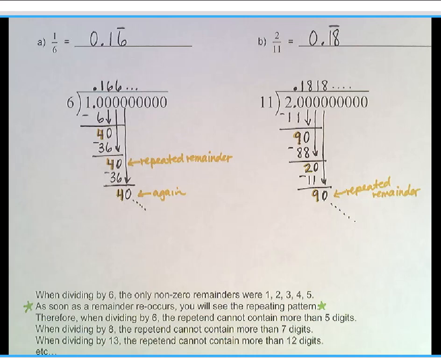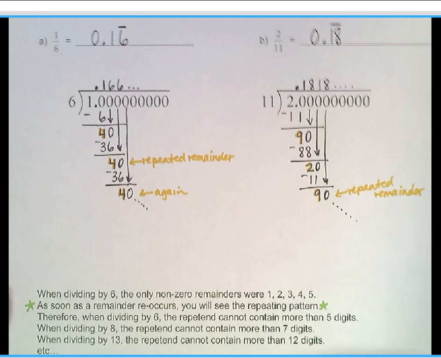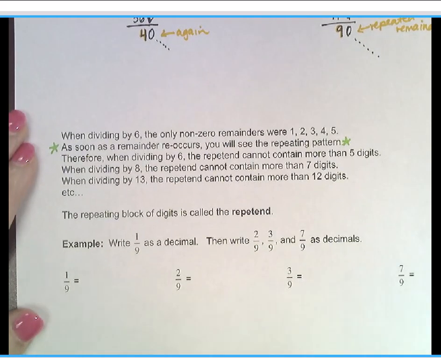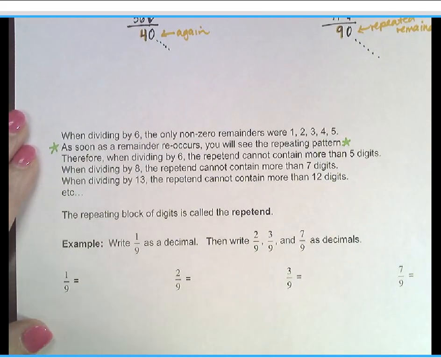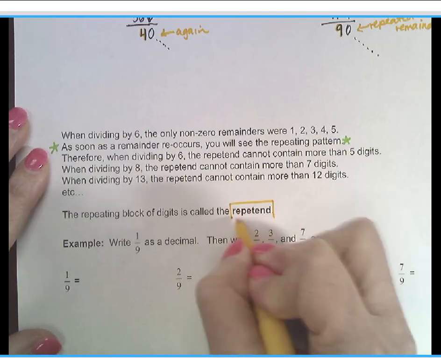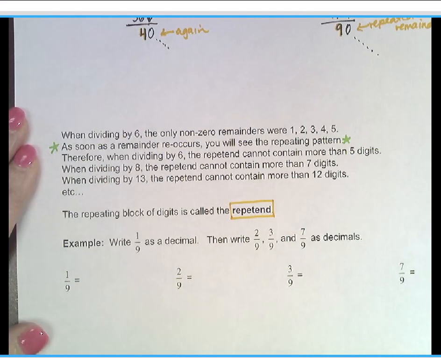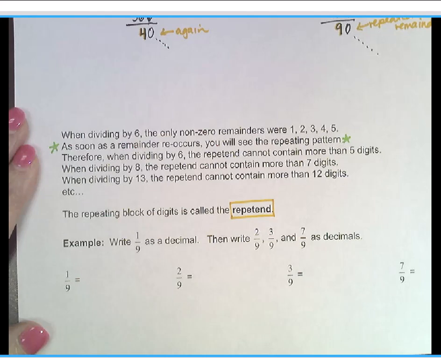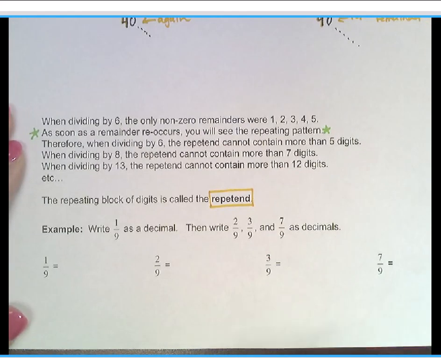So you don't actually have to do long division until you want to die. You just do long division until you get a repeated remainder, and then you know you can stop. So the repeating block of digits, like I said up at the top, is called the repetend. So if you see that word anywhere, you'll know what it is. But there are some kind of easy to memorize repeating patterns that show up quite a bit. So 1/9 is one of those. You might just add it to your little toolbox of tricks here,